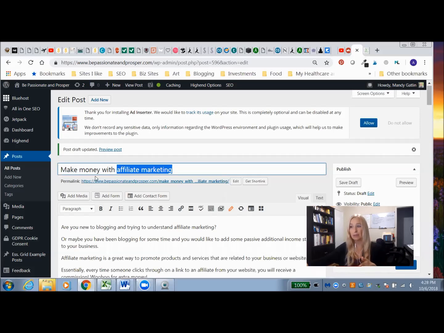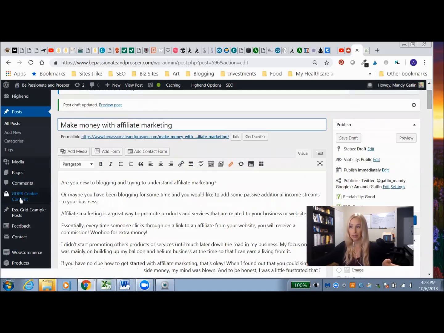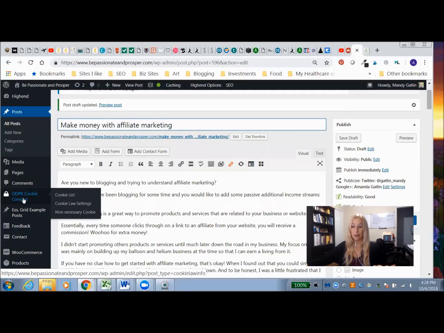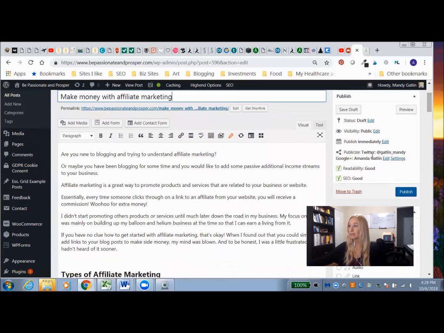If it's just a couple of words in your title, then you don't need to worry about it, okay? If it's a really long title, please try to put the keyword towards the beginning. That's going to give you more of a push towards the top of search engines. Okay, so now when you've added the Yoast plugin to your website, you should see these little doohickeys,